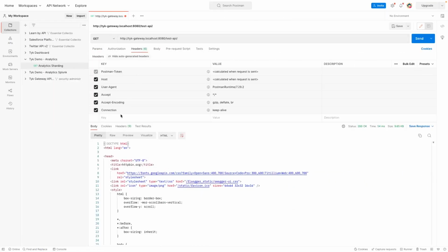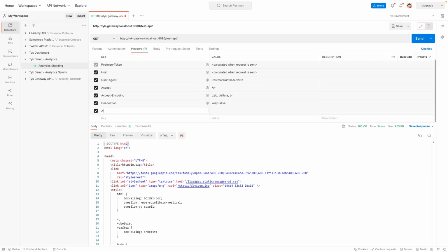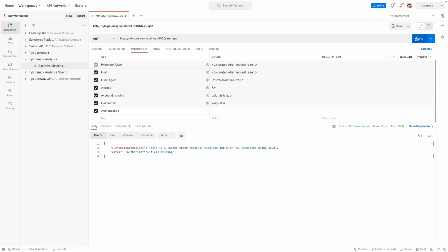So if we pass in a header here, authorization, and paste our key. Actually, why don't we do this for now? I'm expecting to get a 401 just because I haven't put in the correct information here. So you can see authorization field is missing. But now that I pass in the key, I'm expecting a 200